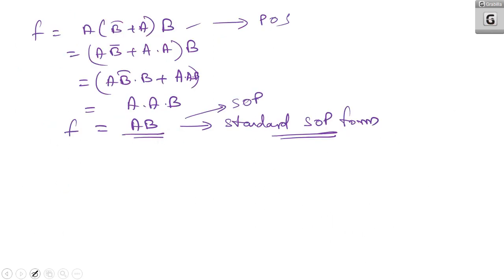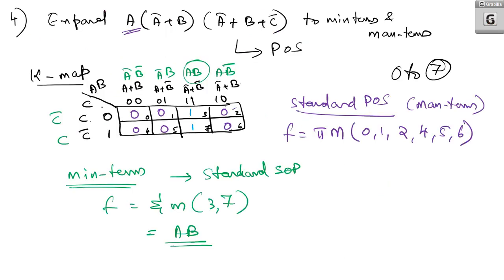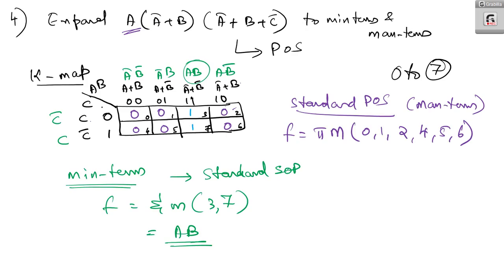The standard SOP form is also derived using Boolean algebra. In the fourth question, I have derived the standard POS form and standard SOP form. The question is given in the product of sums form. So I have shown how to form the K-map directly from the POS expression and form the corresponding min terms and match terms. So with that, I am ending the lecture on obtaining min terms and match terms, that means converting the given expression to standard SOP form and standard POS form using Boolean algebra as well as K-map.